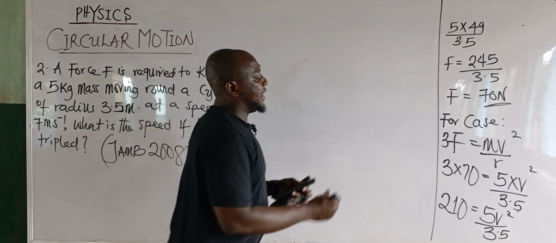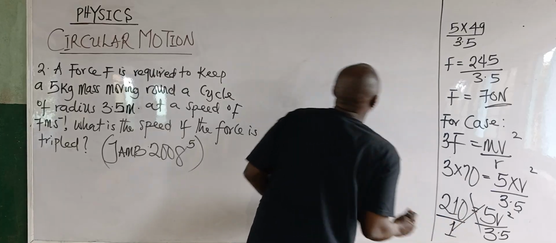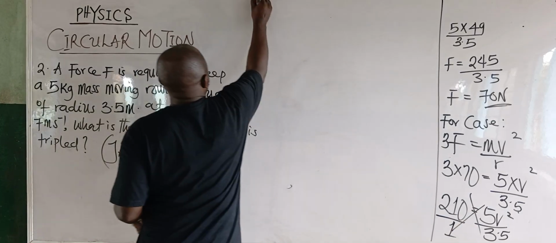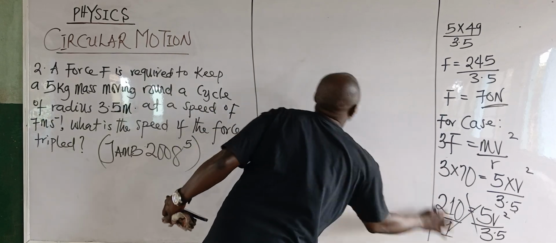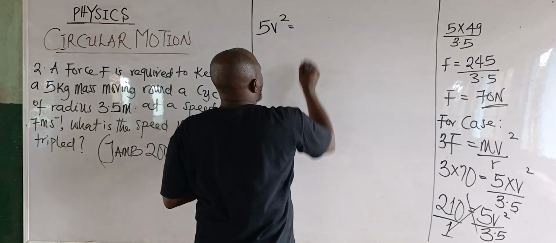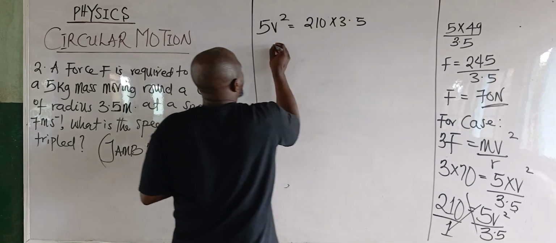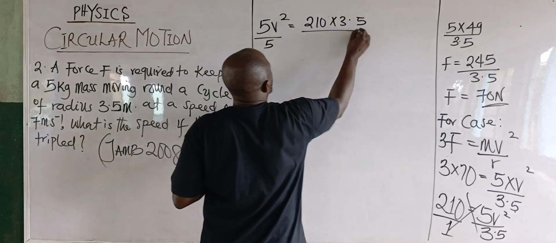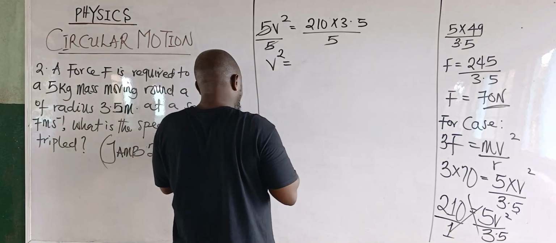That's what I'm having here. So I'm going to cross multiply. First, I'll put over 1 here, so that would enable me to cross multiply. We're having this times this one. I'm going to have 5v squared equals 210 times 3.5. So here, divided by 5, v squared will now give me